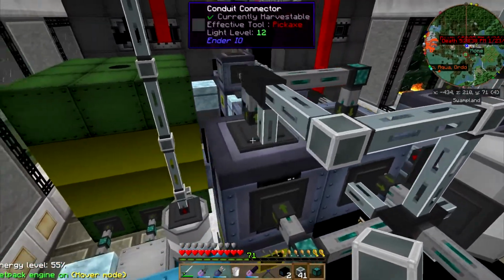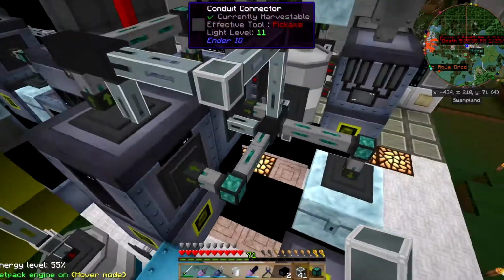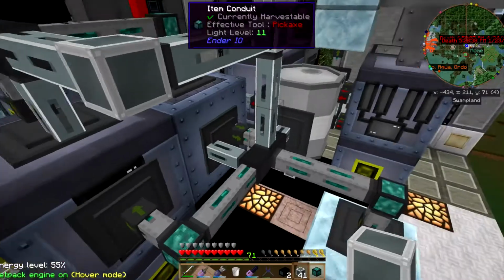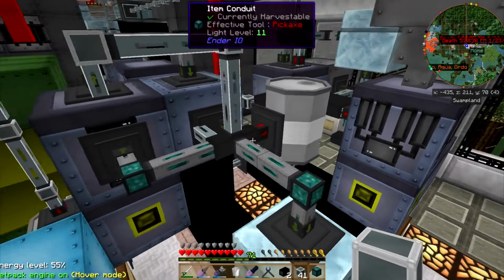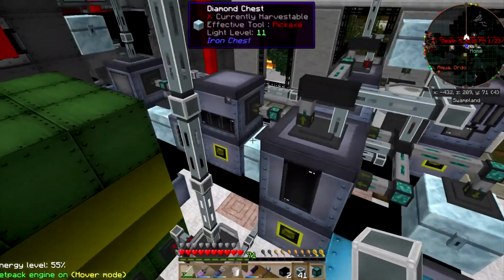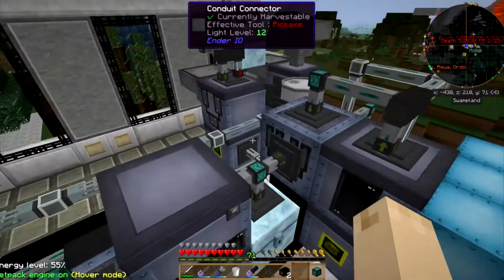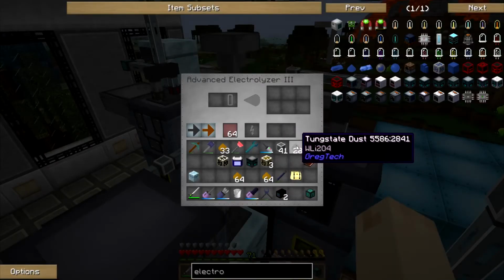Okay, so then this becomes an extract, and this also should be an extract, and this is an insert. I believe that's how this works. I believe it. I do. So now, if we give you tungstate,